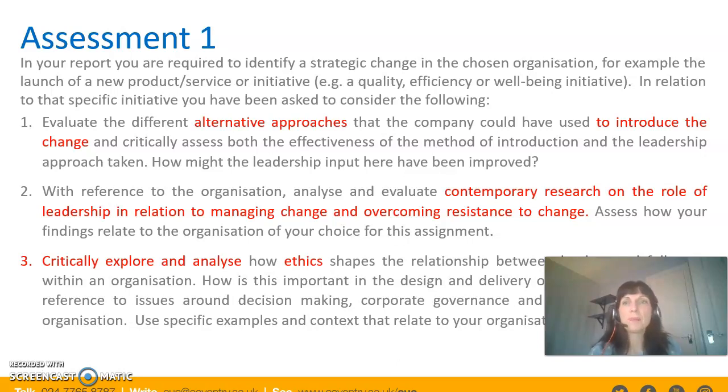So the first assessment then, we're picking one of those organisations and you're looking at a strategic change that's happened. So it might be they've launched a new initiative, it might be a new product range, product line, it could be a well-being initiative, but it's got to be something that's happened in, say, the last 3 years. So it's fairly recent that they've launched. And what I'd like you to do is look at different approaches they could have used to introduce that change, and look at how they introduced it and how they led that introduction and what they could have done differently. Obviously, you might not have access to all this information, so we need to look at what was publicly available, any criticisms actually, so there might be some industry press that talks about what they've done and gives different insights, and ideally some critical analysis in terms of what they could have